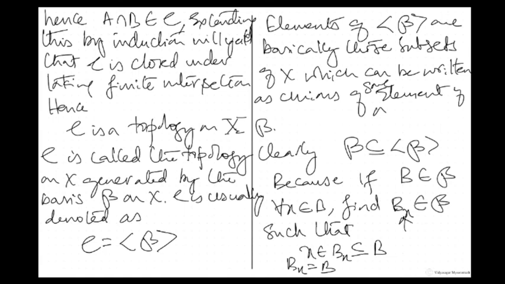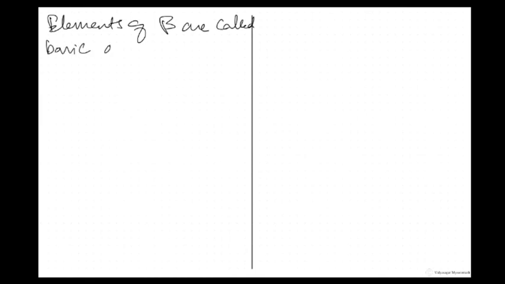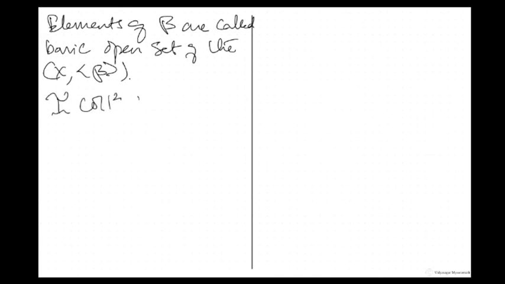Elements of B are called basic open sets of the topological space X with the topology generated by the basis B. Okay. So we had seen that on the real line, the collection of all open intervals